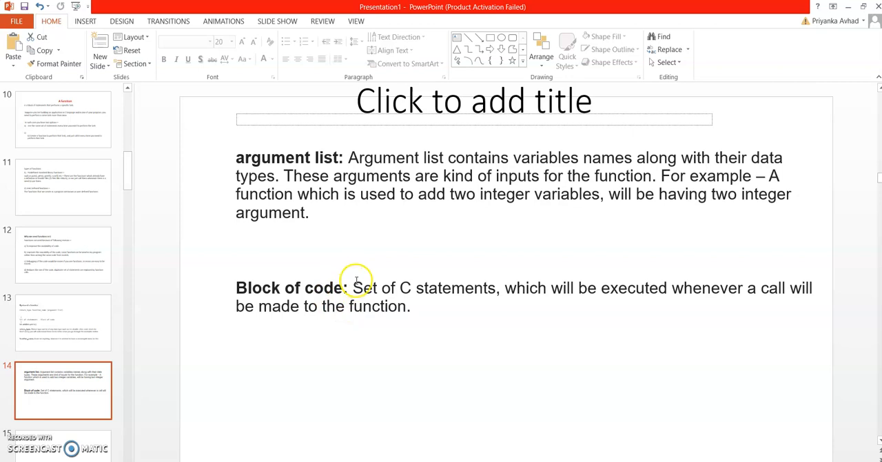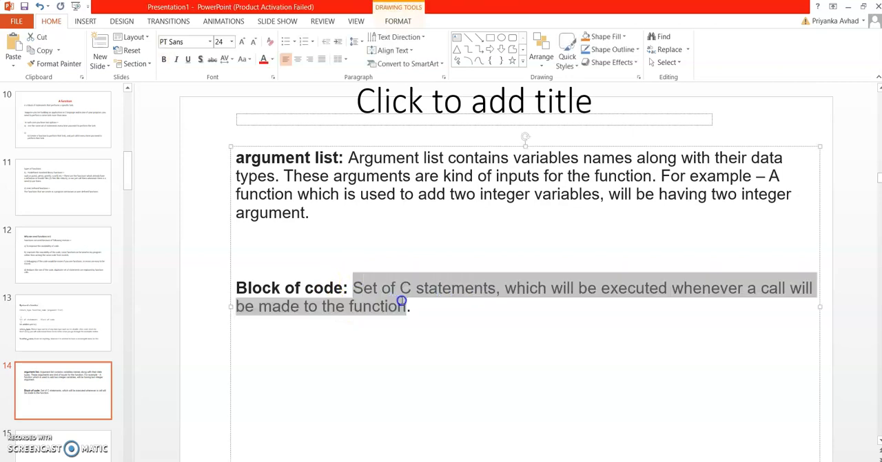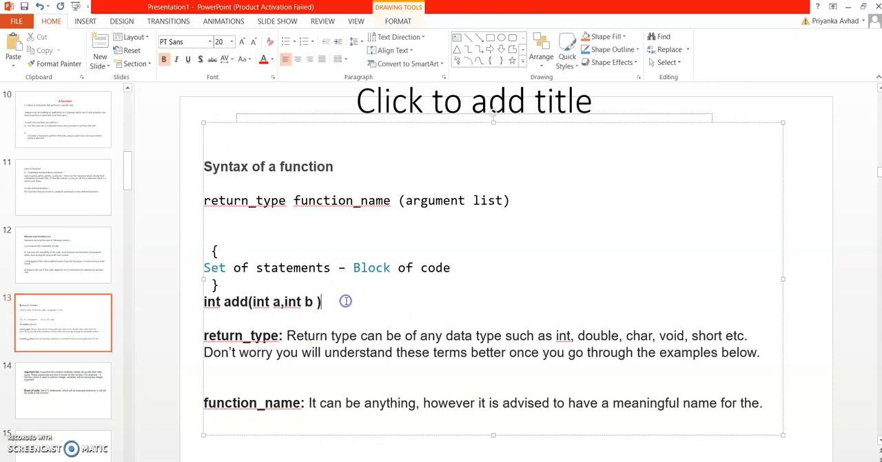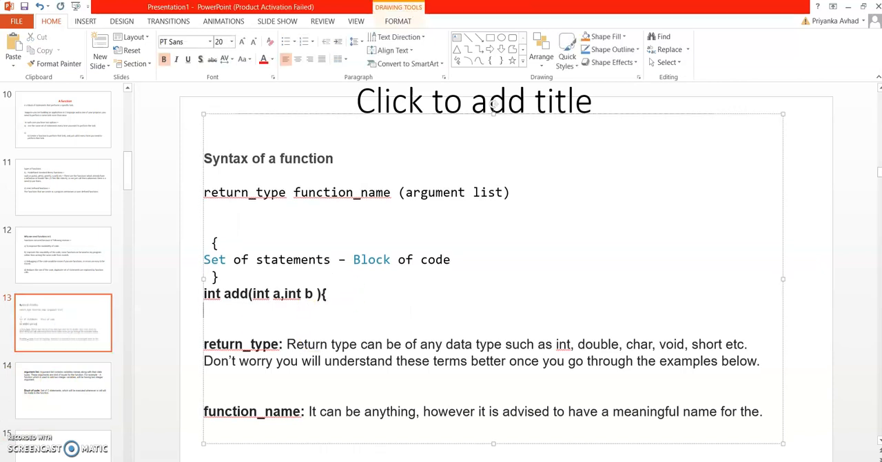Now next step is what? Block of code. So block of code is your statement block that you need to use or need to add to perform your